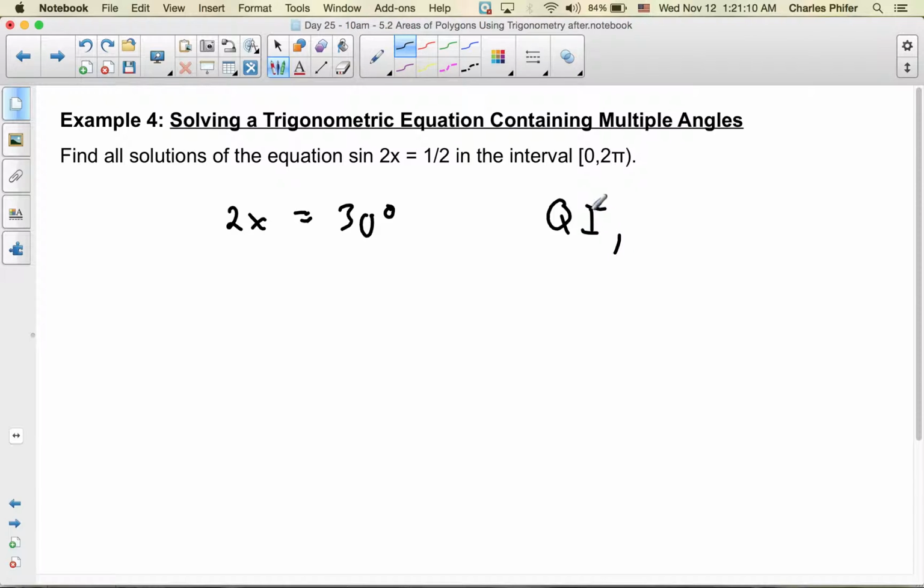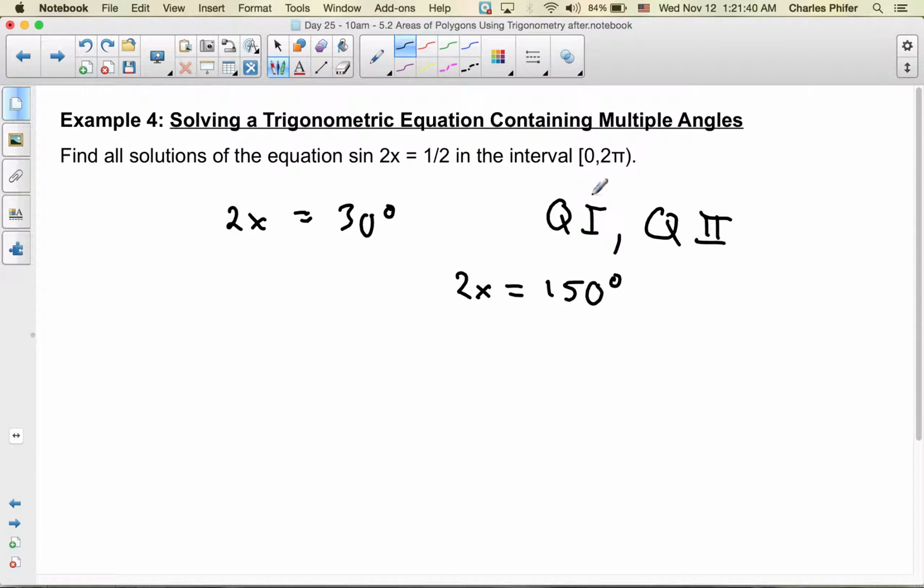When else is sine equal to a positive 1/2? That's like our y, so we're talking about quadrant 1 and quadrant 2. What's our reference angle in quadrant 2? We also need 2x to be equal to 150 degrees. But then we want to get all solutions, and then we're going to isolate the solutions into this interval